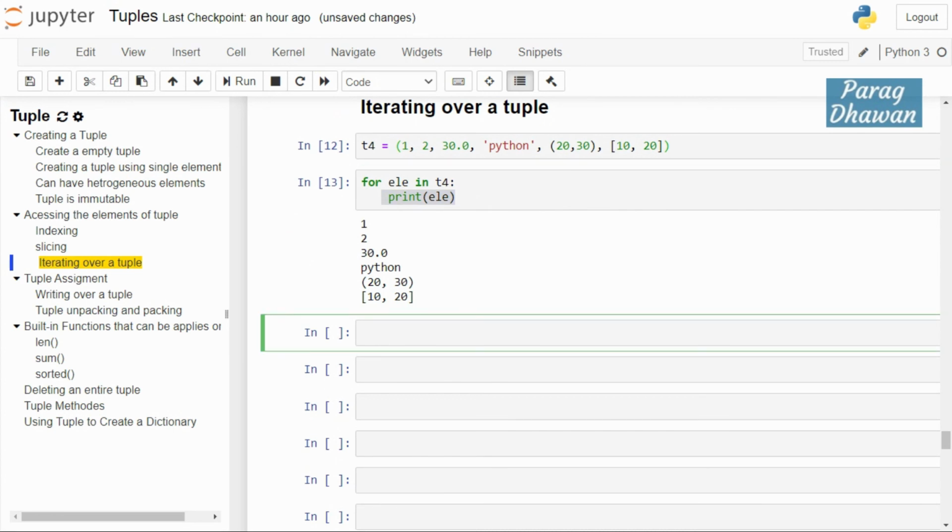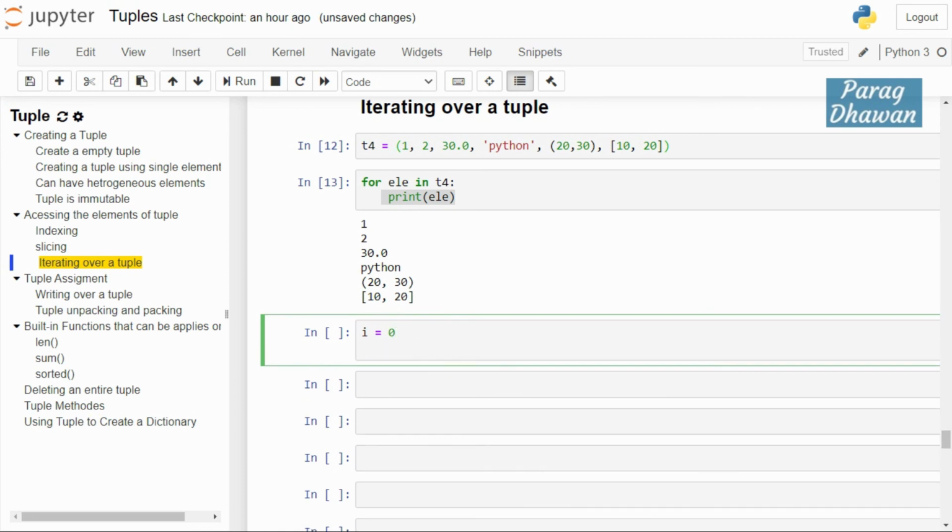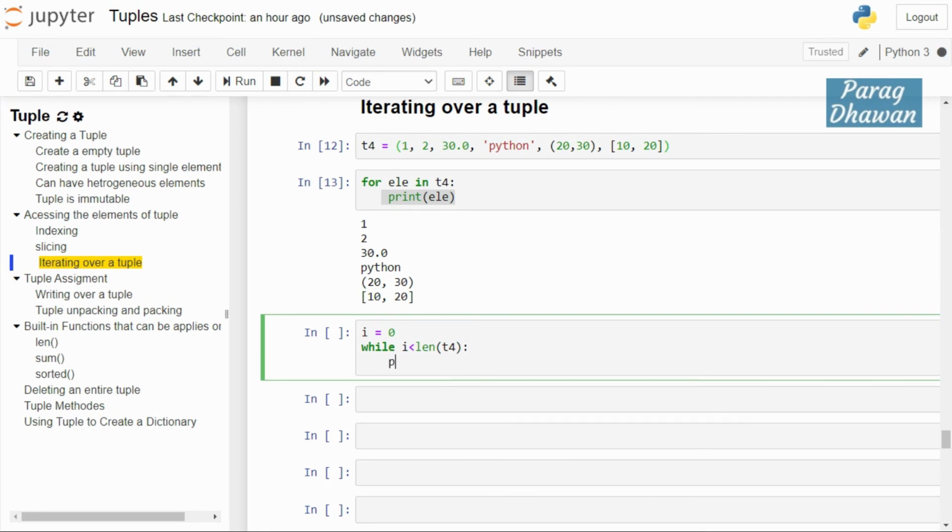First you will assign an index i to 0, then you will give while i is less than the length of the tuple T4, colon, and the processing.